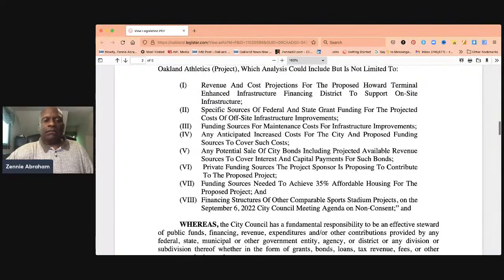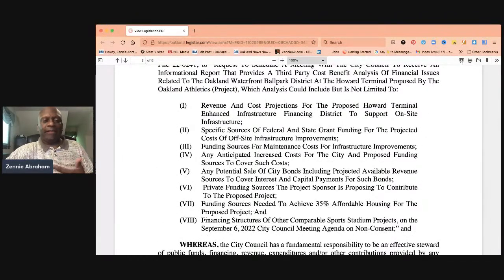Right? So that amount can easily be paid for. Now, I would say vote yes on this if and only if this squared with the truth about how enhanced infrastructure financing districts work, about what the legislation says, laid it out. Because the truth is that